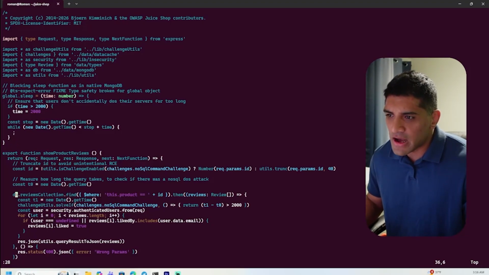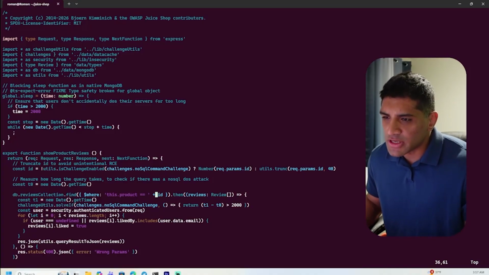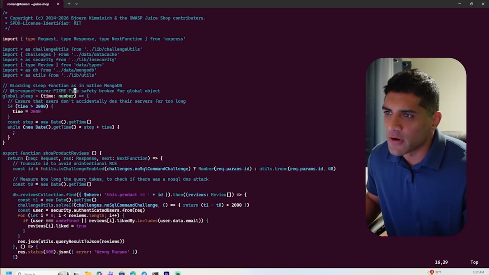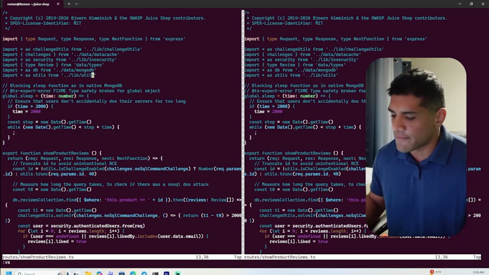And on line 35, you see a call to a db.reviewsCollection.find function where the ID parameter appears to be unsanitized and injectable. And we can confirm that db.reviewsCollection is a NoSQL request library by inferring it from the imports where the db object is imported from data/MongoDB. And you can even look at that file